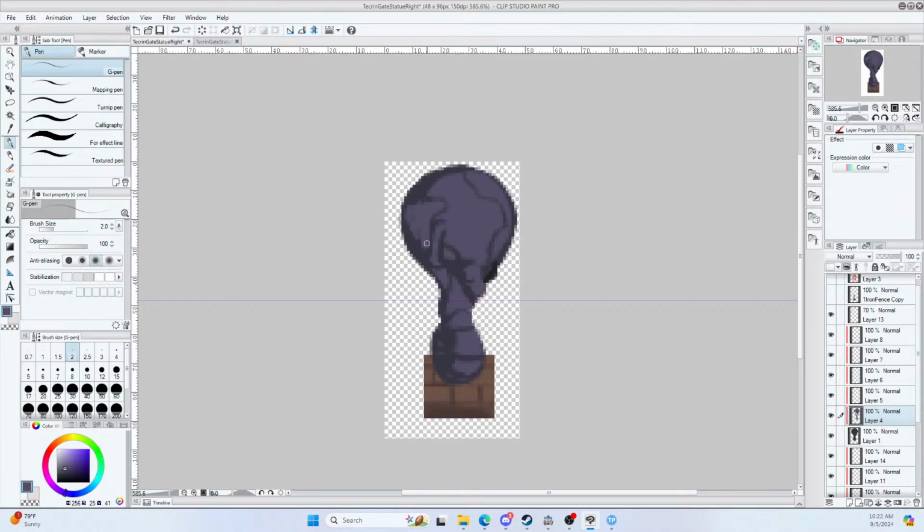Okay, so that does mean, however, that we're gonna change what looks dark and what doesn't look dark. Which isn't too much, but